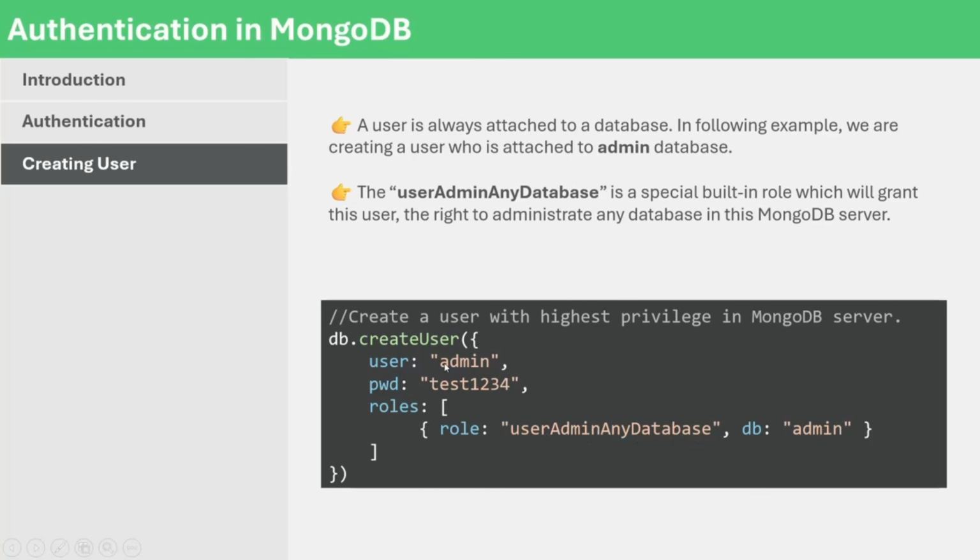That means this user will be the admin for any database in the MongoDB server. And I also need to specify against which database I want to create that user. Okay, so let's go ahead and create a user for our MongoDB database. But before that, let's first enable authentication and authorization on the local installation of our